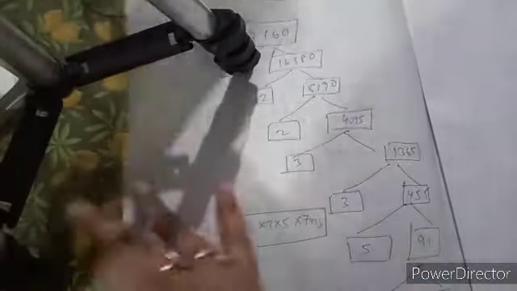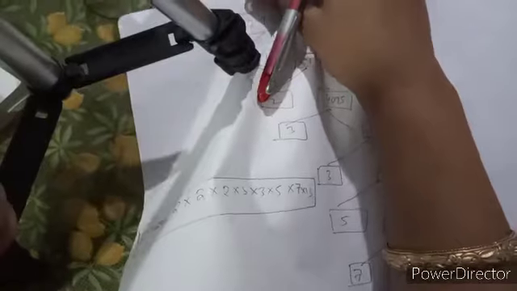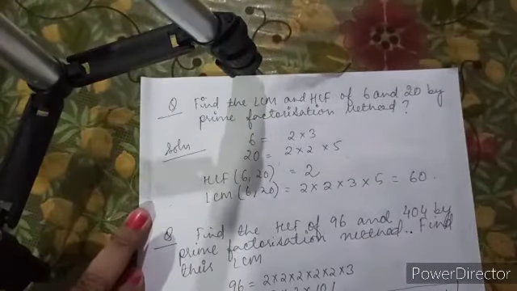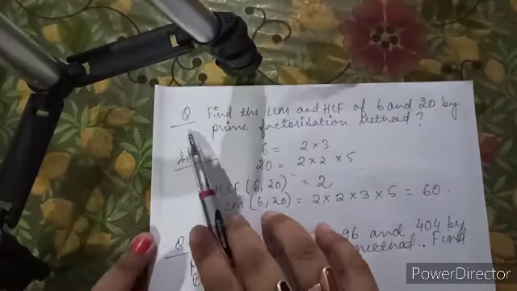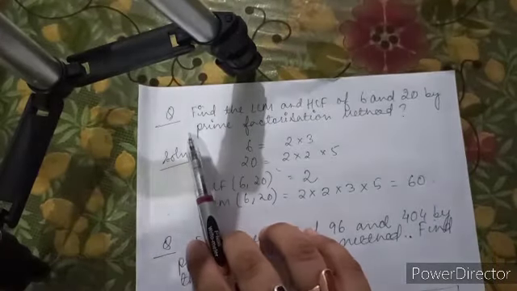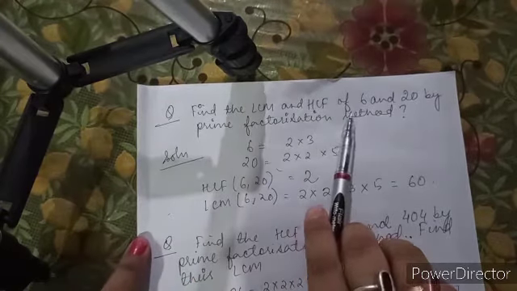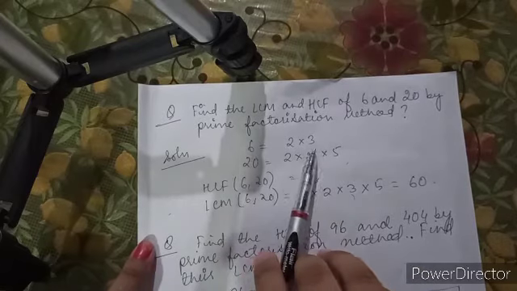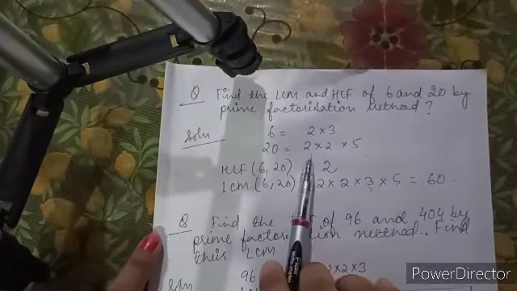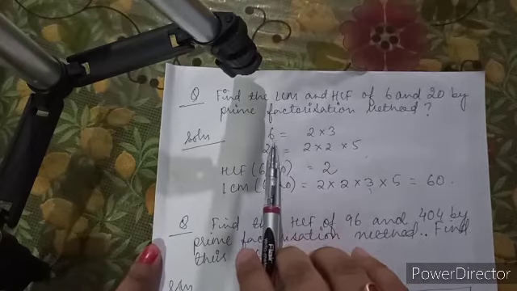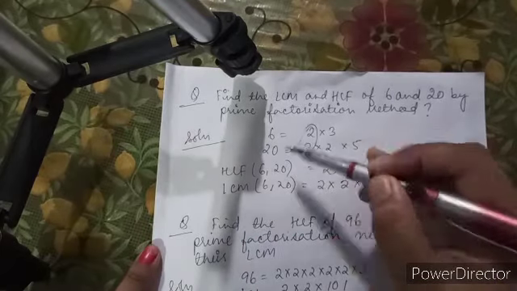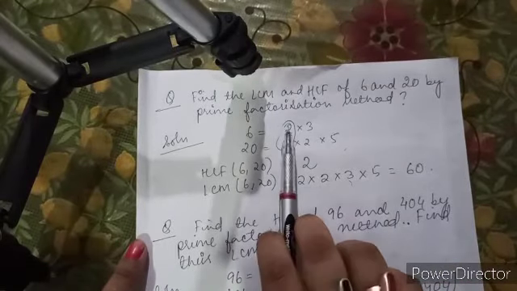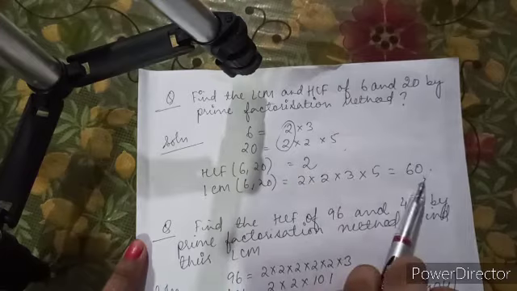Okay. Another sum based on this. Okay, so next let us see here. The question is based on the arithmetic theorem, that is, find the LCM and HCF of 6 and 20 by the prime factorization method. So 6 we will express as 2 into 3, 20 will express as 2 into 2 into 5. So HCF between this and this, the common factor, is 2, you have done this type of sums in your primary classes, and LCM is 2 into 2 into 3 into 5, which is 60. Okay.